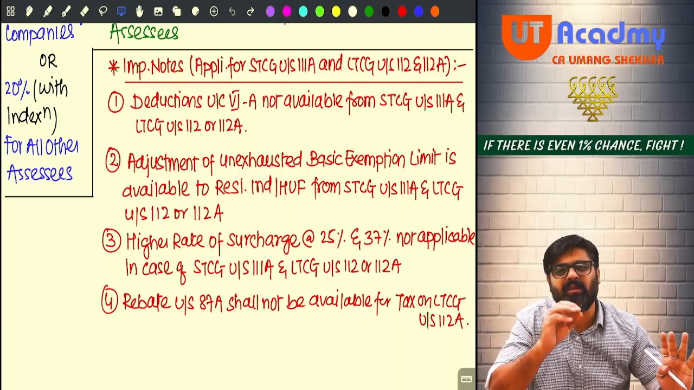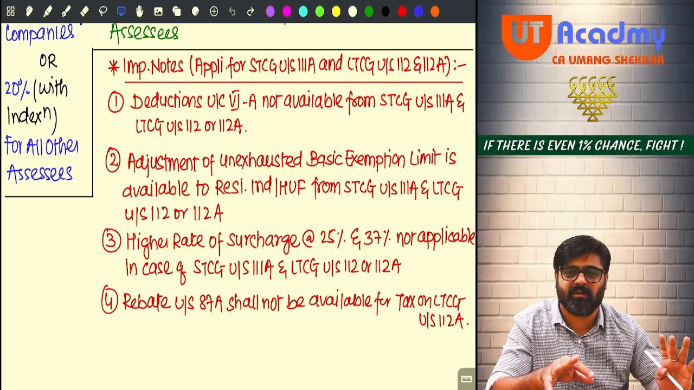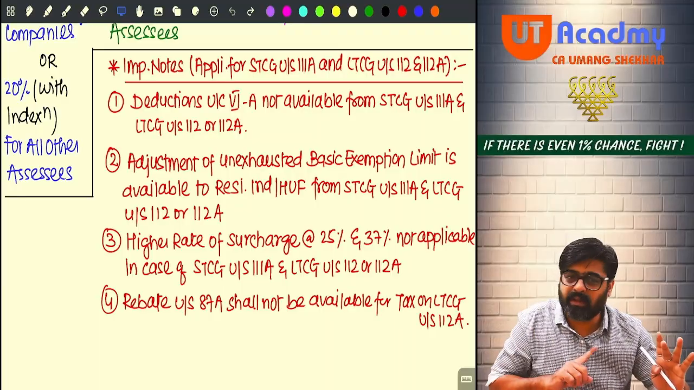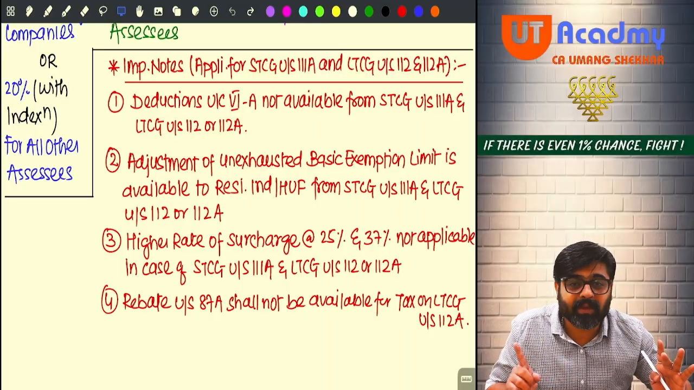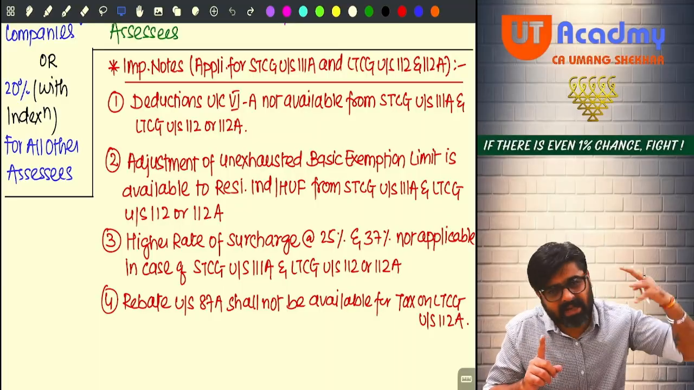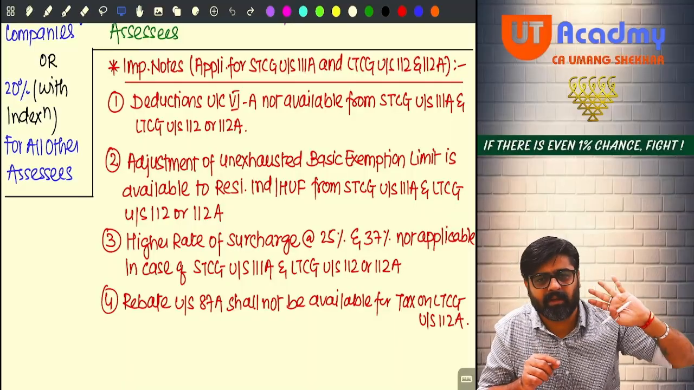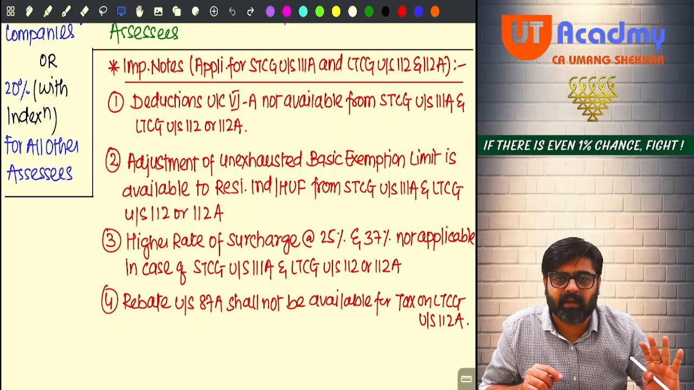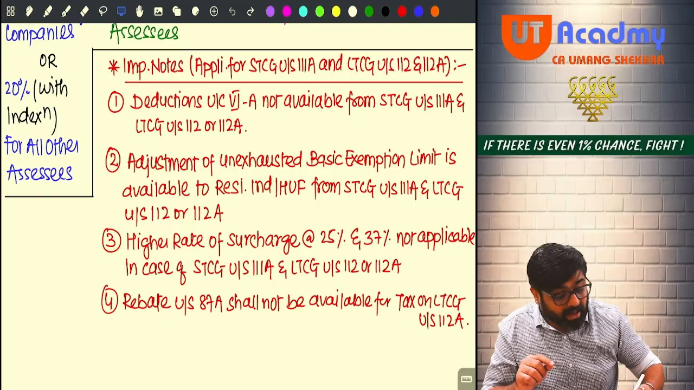Because it is already concessional, very less. Okay, you have to pay this. It cannot be given in the form of rebate. Other taxes you claim as rebate, we are going to allow. Understanding? Everyone? Sir, why this higher rate of surcharge? Why is this higher rate of surcharge not applicable on